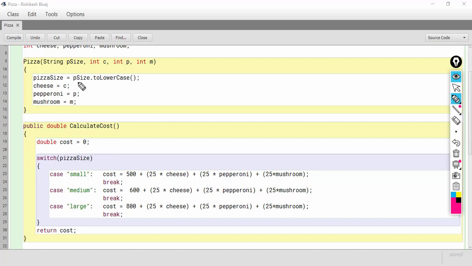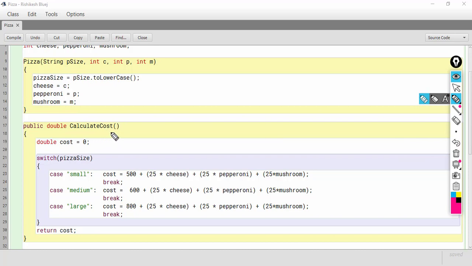So the pizza size will be stored in the instance variable pizza size, and the value that was received in c will be stored in cheese instance variable. The value that was received in p, that will be stored in pepperoni, and the value that was received in m, that will be stored in the mushroom instance variable.